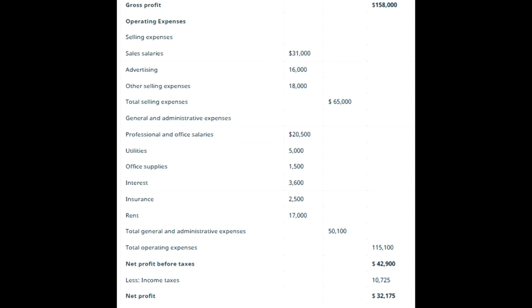Salaries, we've talked about labor, advertising, other expenses, utilities, office supplies, insurance. You always have to have insurance as a business. That's part of your overhead, and that's documented in here. So anyway, they total all the expenses and subtract that, again, also including income tax there, to calculate what is